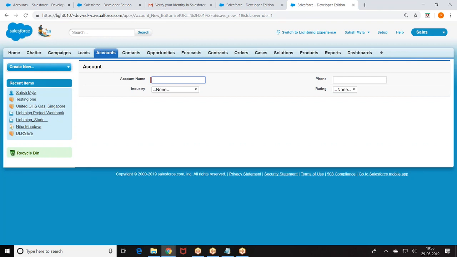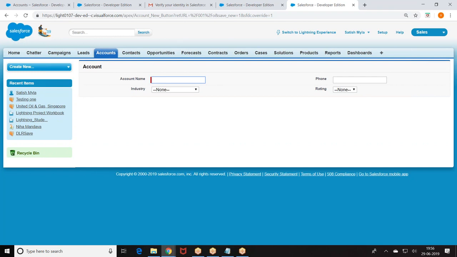Are you getting my point? Now because it's a VF page, I can use this VF page in classic. Wherever I have a detail page, I can include this VF page in the detail page of a standard page. I can include this page to override a button. I can include this page to create a custom button on the standard pages.